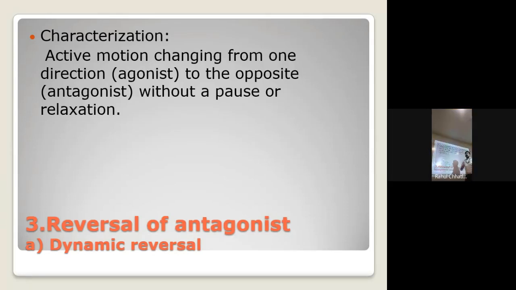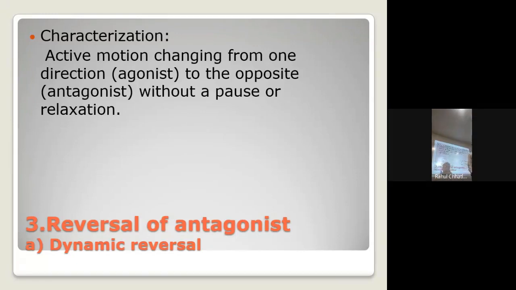Okay, say from 90 degrees we are not able to move it. So from here I'll start resisting. Yes, I will allow 5 to 10 degrees of motion. Again I'll change my position and go for tricep contraction and ask the patient to relax. Yes, so that is stabilization reversal.